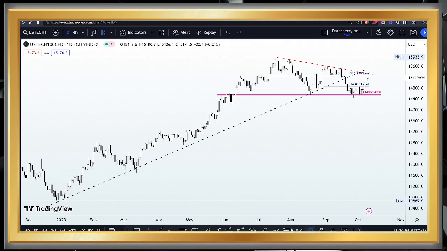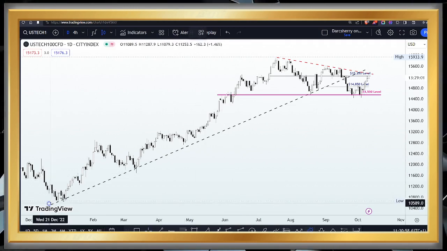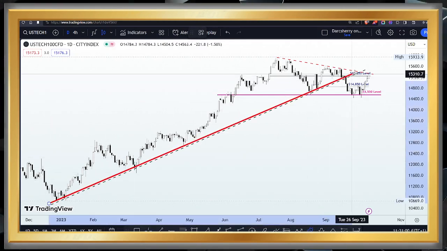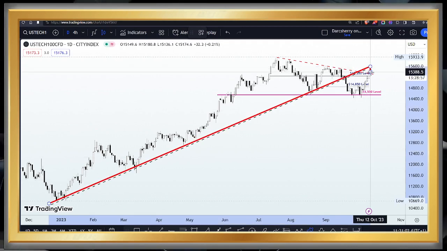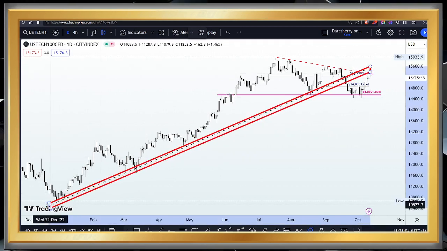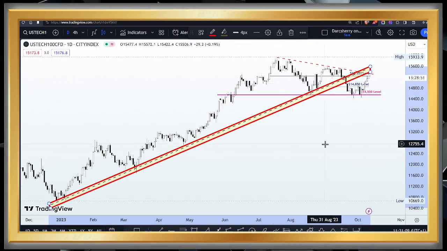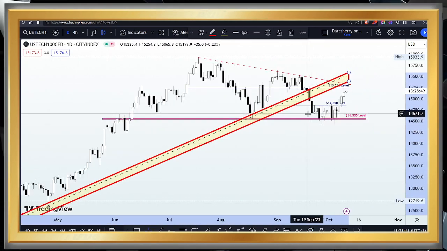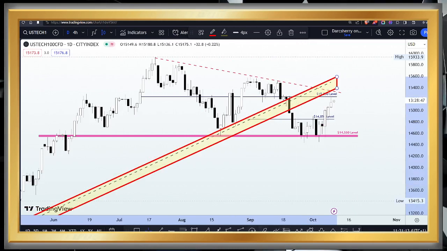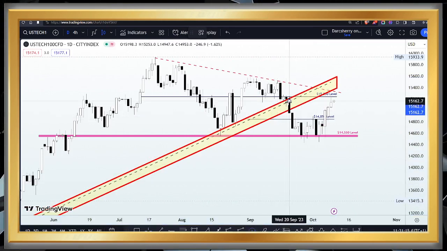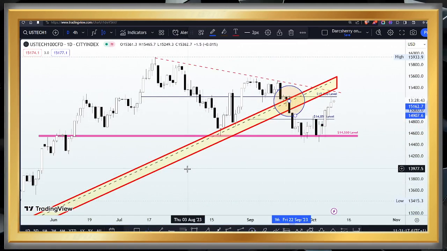And when we went on to further connect the series of higher lows here, which emphasize the strength of the buyers in this market, you can see price had consistently respected that trend line, and not until the mid-month of September did we witness the first breakdown of that ascending trend line, which, of course, when price breaks down of a structure like this, is a sign that we are likely witnessing a momentum shift.